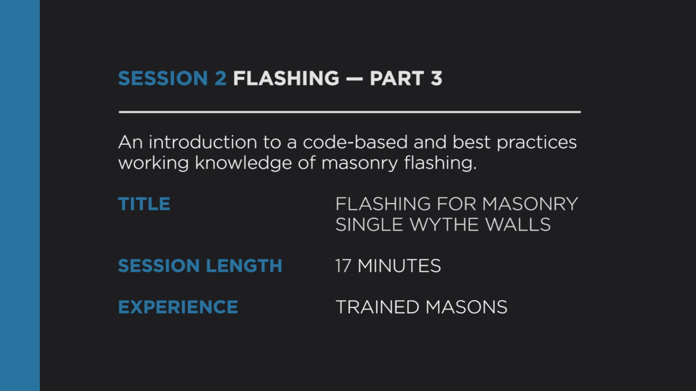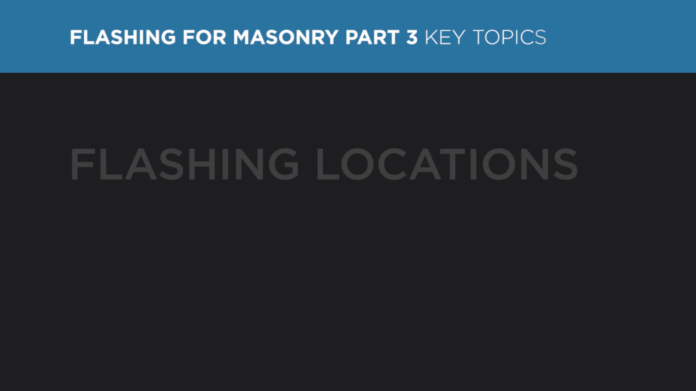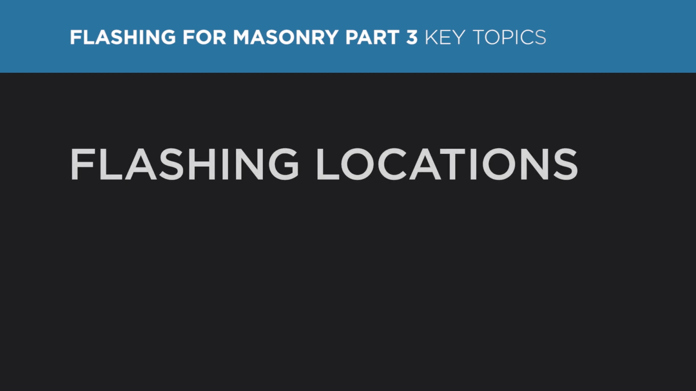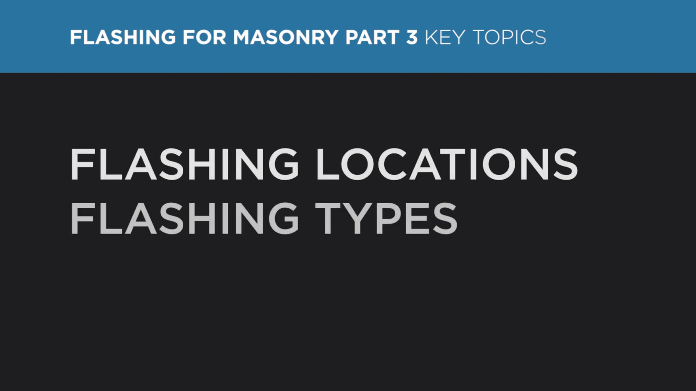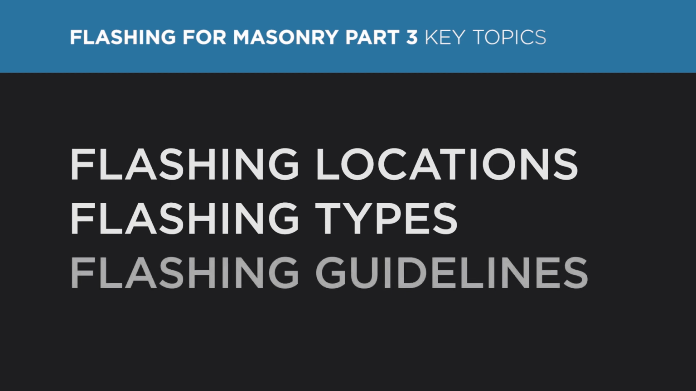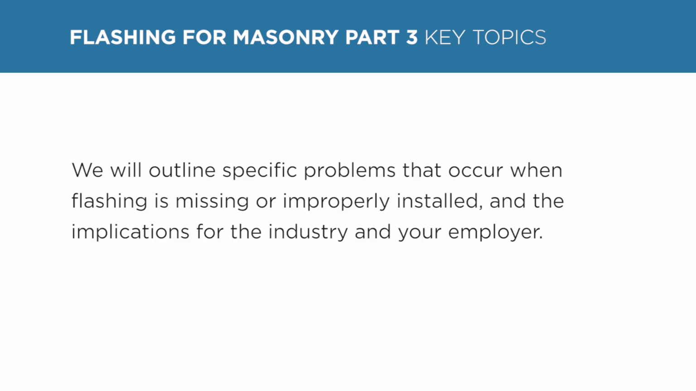The goal of this series of learning modules is to educate you, the Mason, in identifying areas that require flashing, the types of flashing typically used for masonry construction, and general guidelines for proper flashing installation. We will outline specific problems that occur when flashing is missing or improperly installed, and the implications for the industry